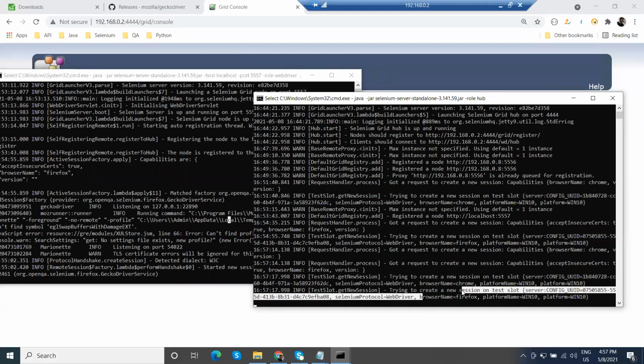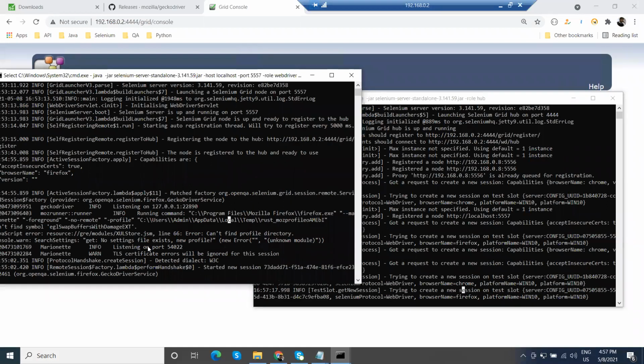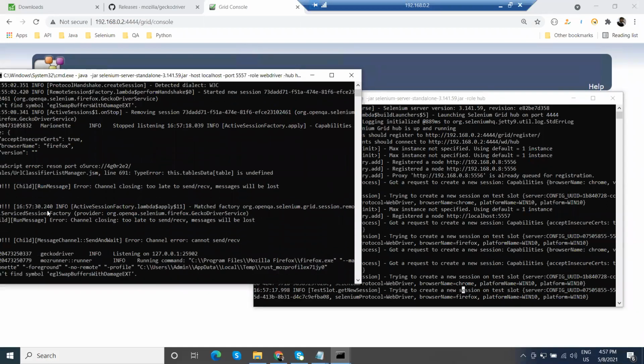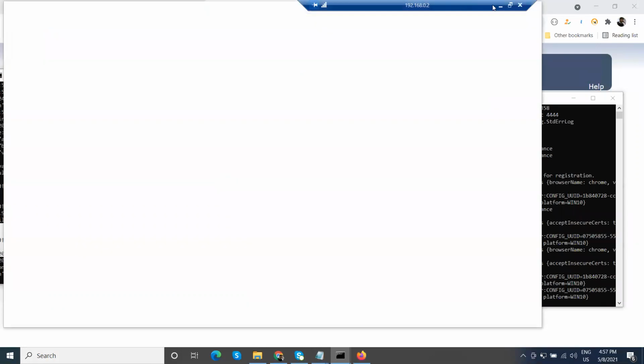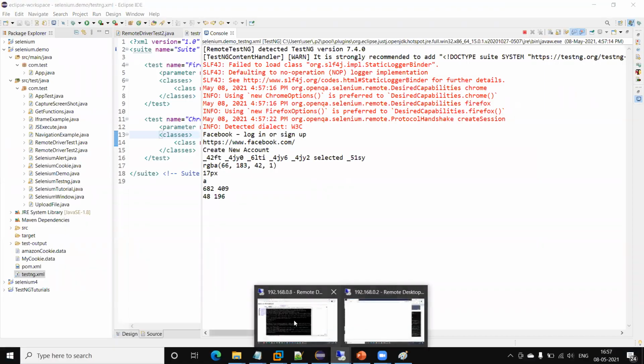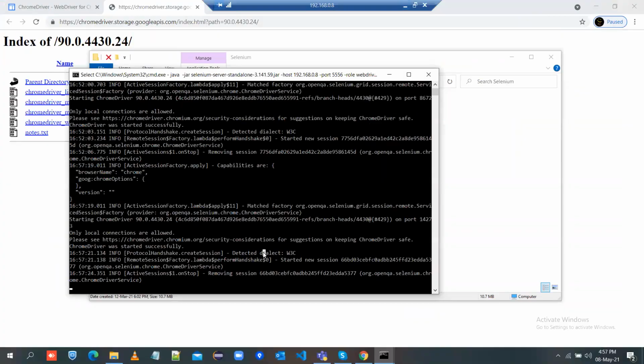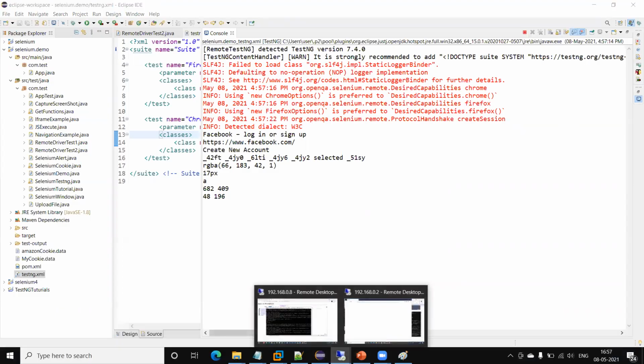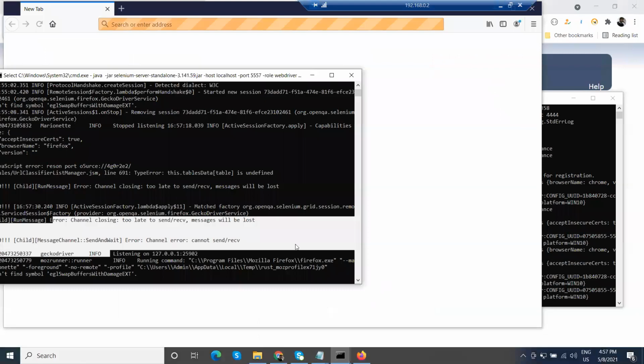This is Firefox and this is the Chrome browser, and the Firefox test will run on this machine, and the Chrome test will run on a different machine, on this machine. So the Chrome test will execute on the node where we have set up Chrome, and the Firefox test will execute on the same machine.